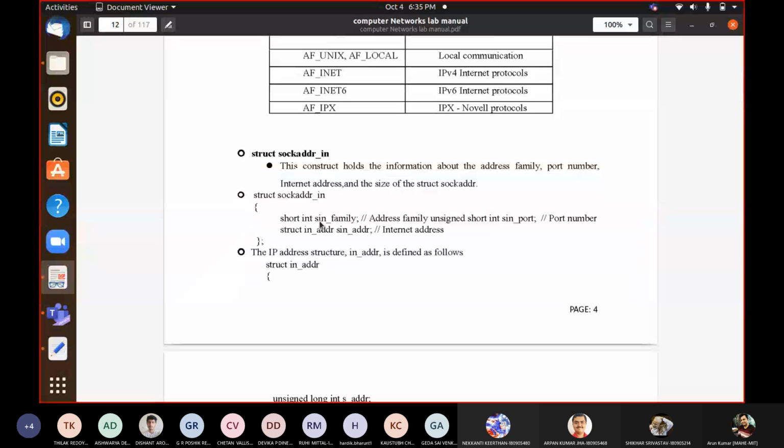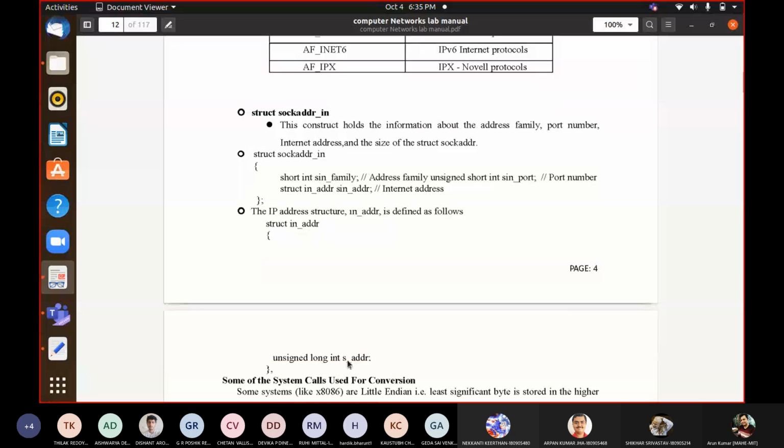Here we will always write AF_INET, so that is the family type. Then we will mention the port number, so second is the port number detail. And third one is sin_addr. That is another structure type, where in that structure s_addr will contain the IP address.